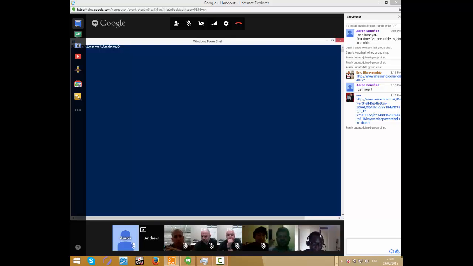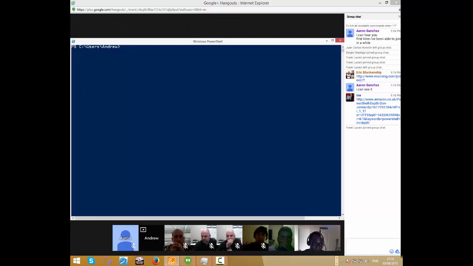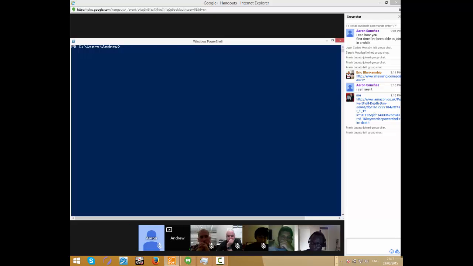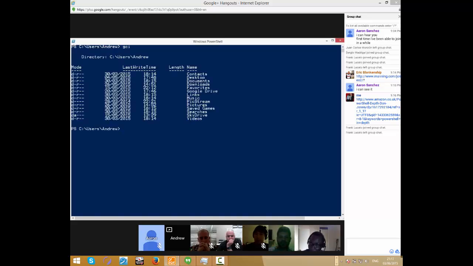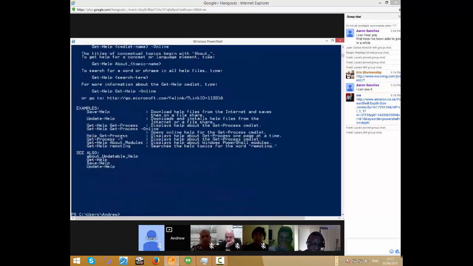You might want to create a user account. Again, this isn't a server, but New-ADUser, for example, if I was on a server, the cmdlets are all there basically for you. In short, let's take a look at this one. GCI, get child item. What you've got on PowerShell is help, and PowerShell uses what's called a verb-noun construct. So you've got your verb, hyphen, noun. And that's how all the cmdlets work. So if we do Get-Help,